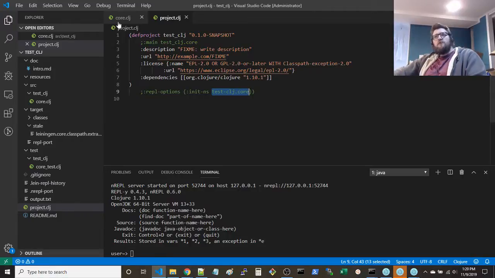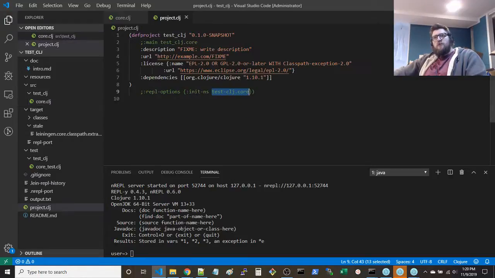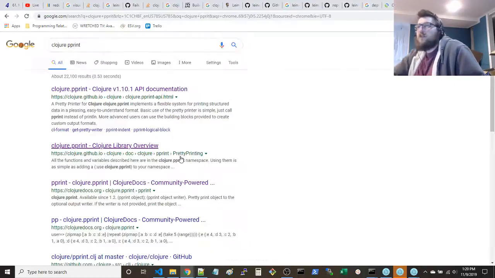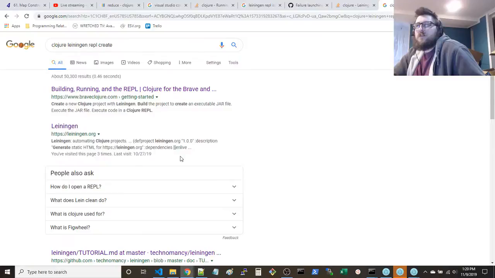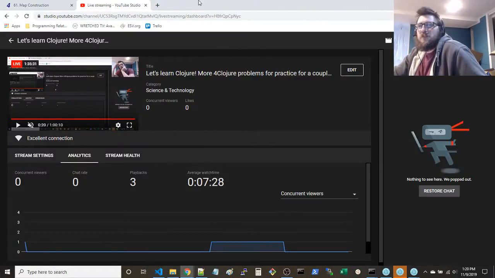Test CLJ core doesn't really have a way to create. Interesting. That took so much time, man. I feel like I spend loads of time on kind of trivial things.